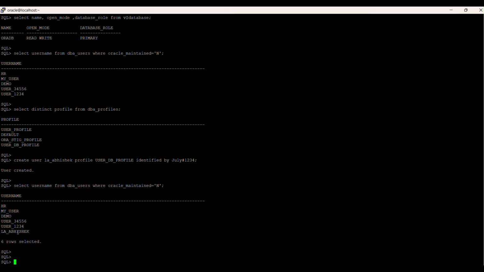For this user, we have to provide some grants and privileges for access to the database. Because the user is created, but they don't have the privilege to create tables, update, or any grants to take sessions. So for this scenario, we have to provide some grants to this user so they can connect to the database and perform those tasks. So I'm going to provide some privileges. So grant